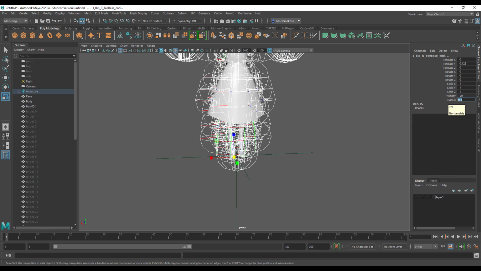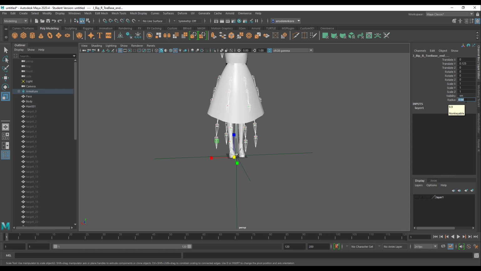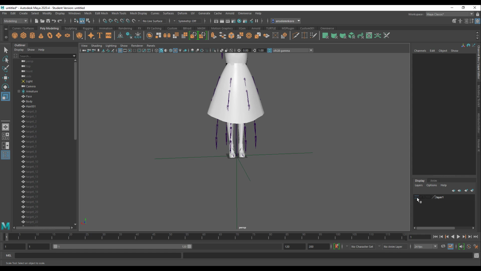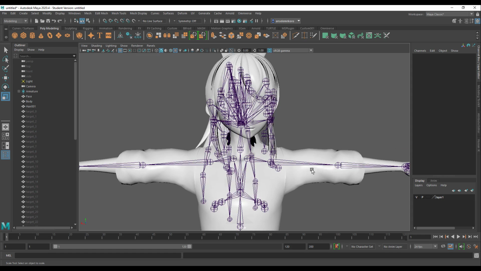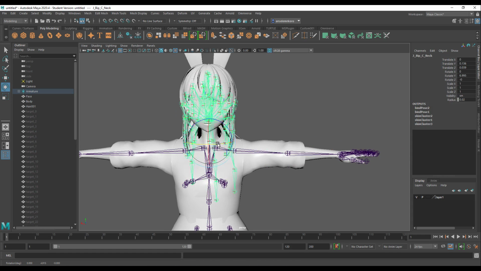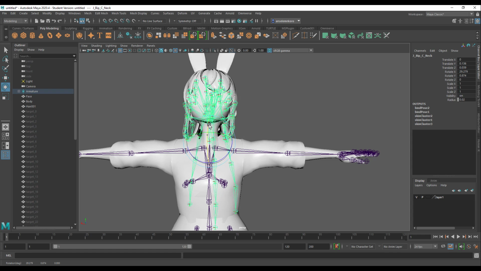And once you select that, we can go over to radius and set this to 0. Let's try that at 4. That's a lot, so 0.04 might be cool. All right, maybe 0.02 can be nice. All right, so once we have that there, the next thing we need to do is to turn this on, and you'll notice that automatically they are right there. So you can now go ahead and play with this. And if you like to rotate the head, move that back and forth.